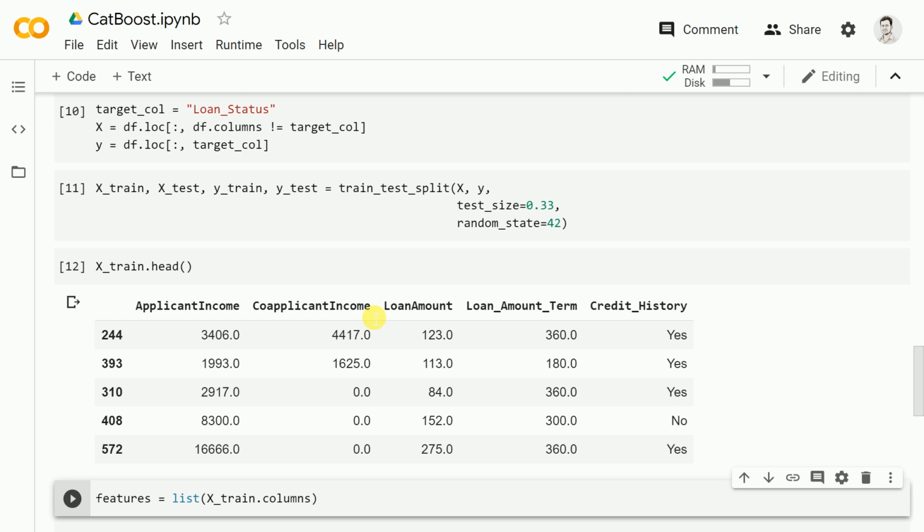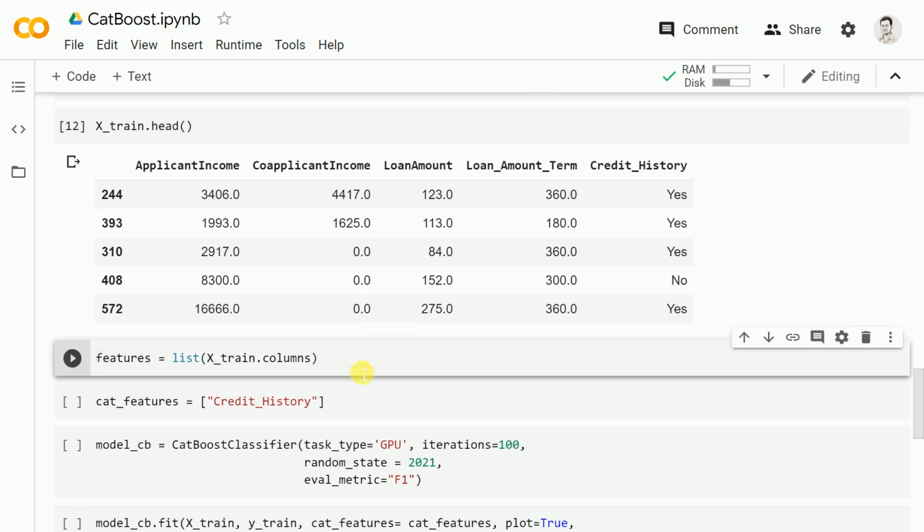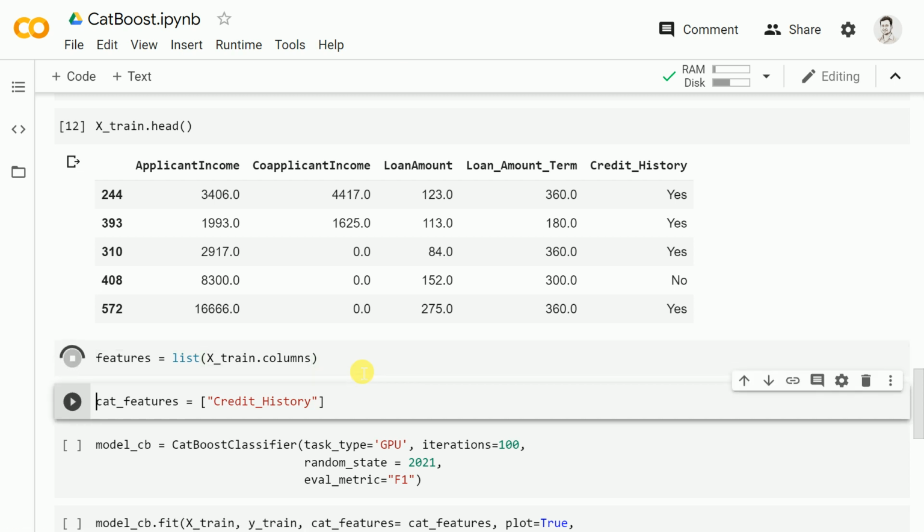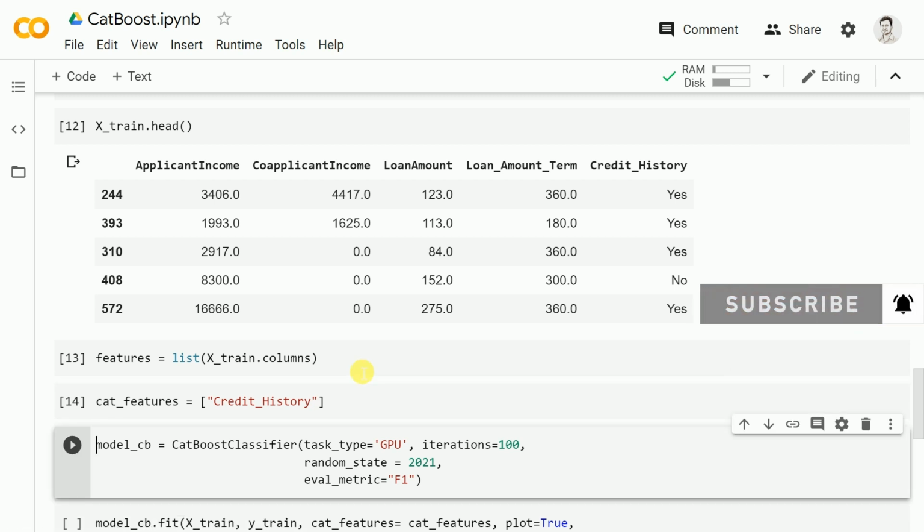So this is just the features that I have in hand. I also safeguard all the training column names into a variable called features. And I specifically mark the categorical columns into a new list variable called cat_features. Now you might be wondering, there's nothing specific that I've done for, say, pre-processing or removing the missing values. So you can see that the next step that I'll be doing is basically fitting the model.